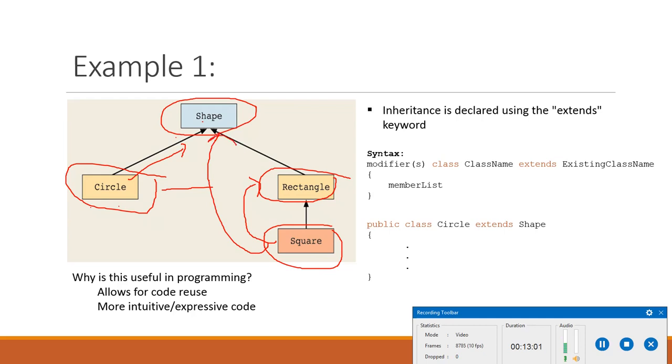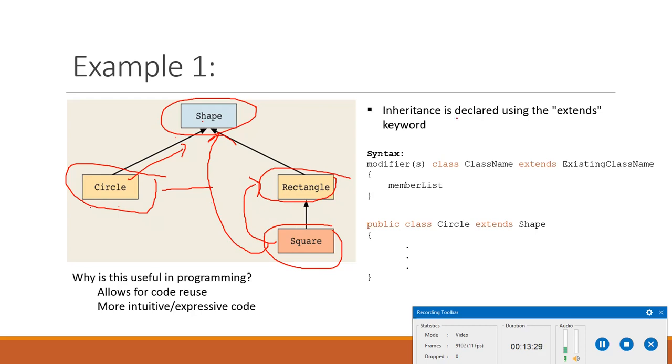So we have two terminologies here, direct superclass and indirect superclass. The superclass just above the subclass is the direct superclass. A superclass that is one or two levels up in the hierarchy for any subclass is called the indirect superclass. Think of it like this: Rectangle is a parent of Square and Shape is a grandparent of Square.